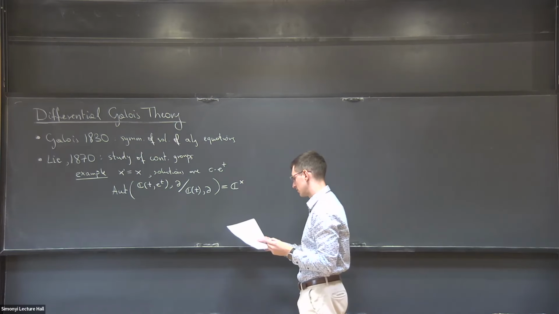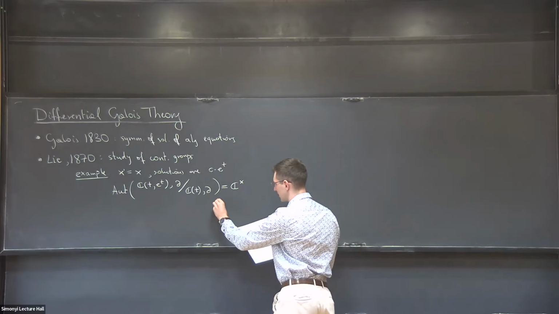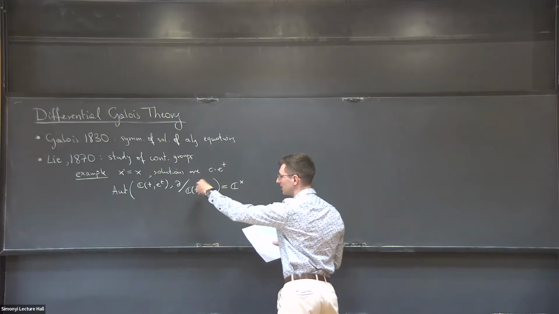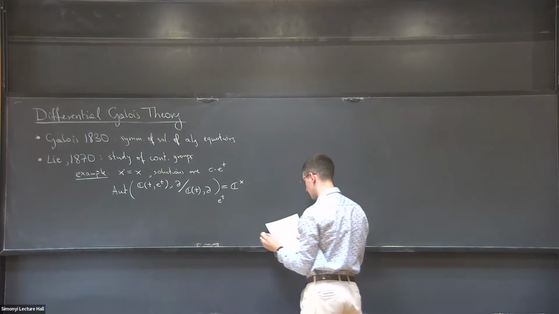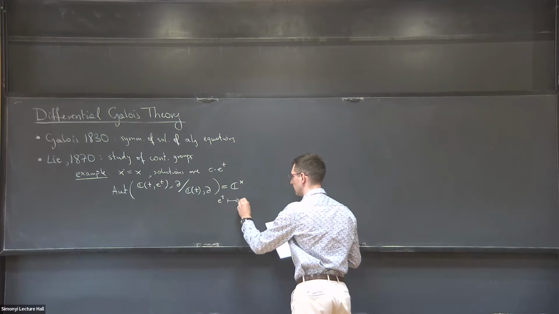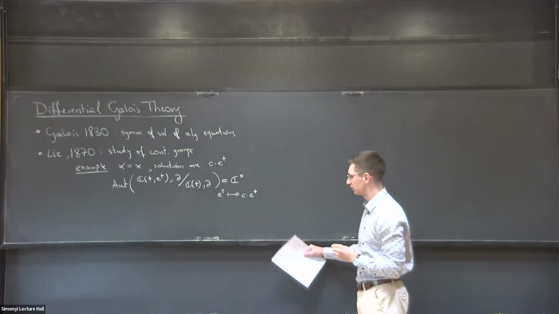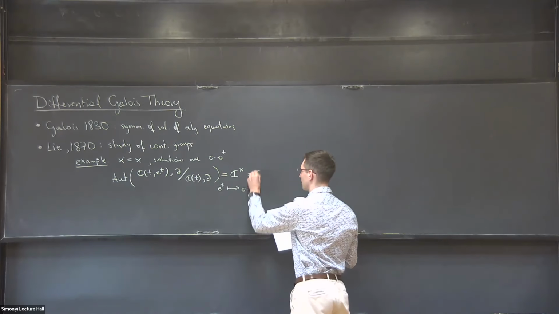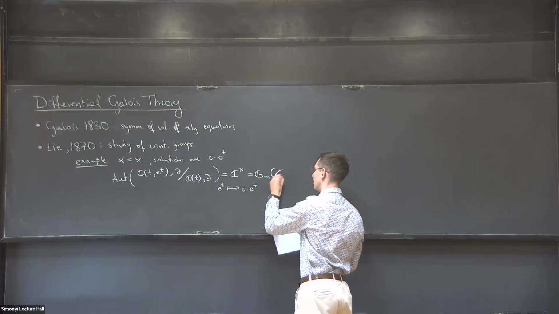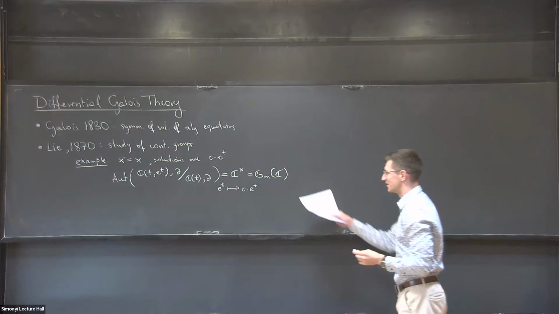So every complex number represents a symmetry of solutions of this equation, where e to the t we can send to some multiple of the exponential function. During this talk, I will write it as G_m(C), because this is